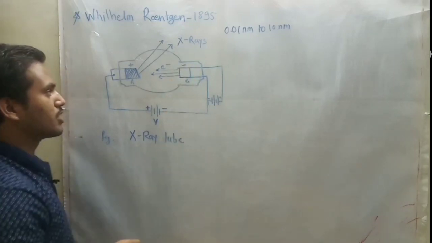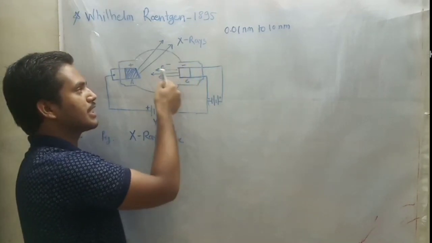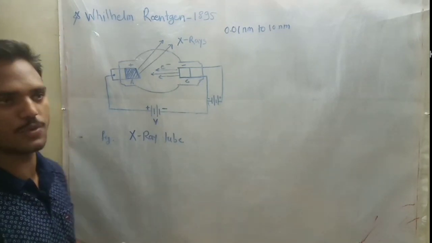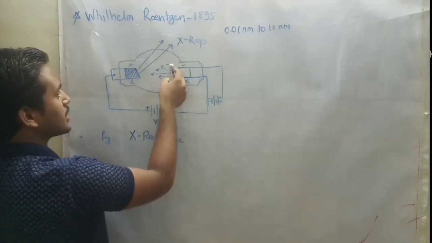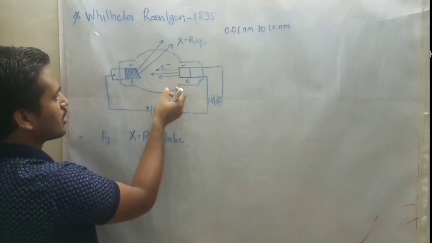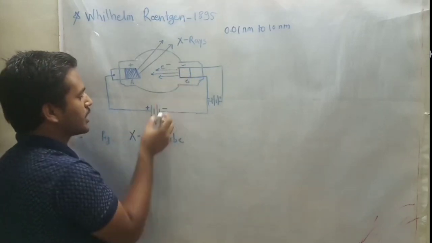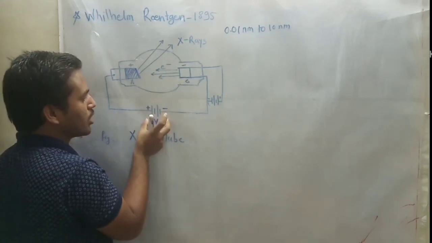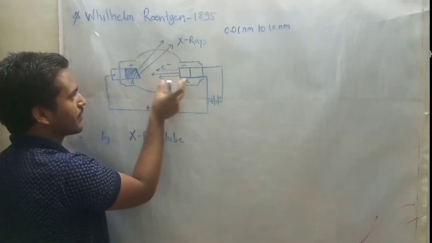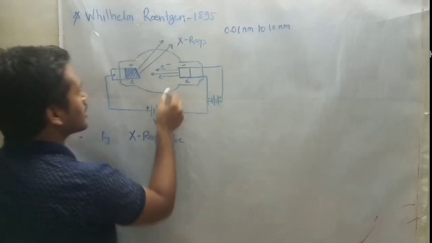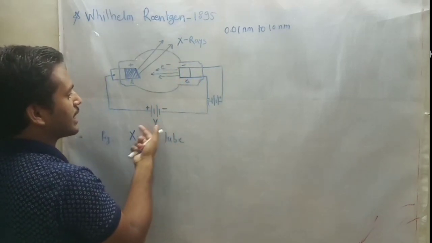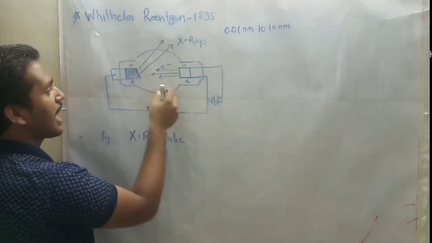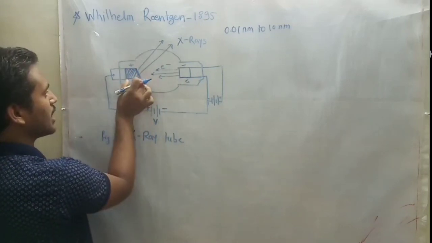If this cathode is heated, then there is an emission of electrons. This process is known as thermionic emission. Then these emitted electrons, before this, a voltage is applied across the tube. This voltage makes a large potential difference between anode and cathode. The emitted electrons get sufficient kinetic energy from this potential difference and are accelerated towards the material used as